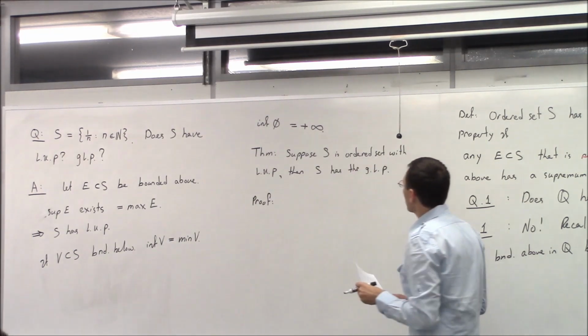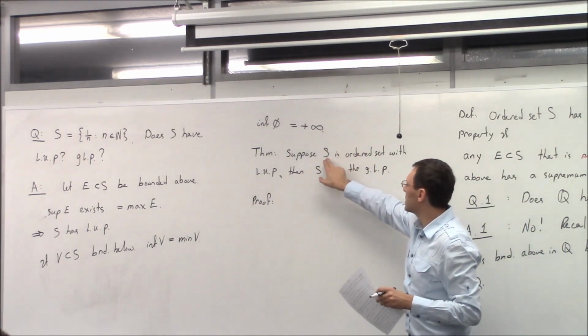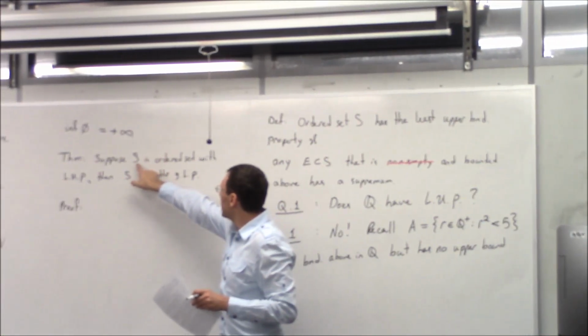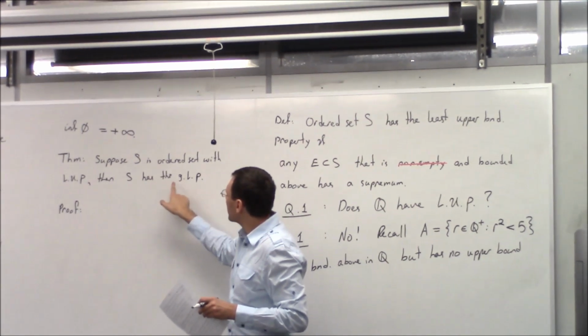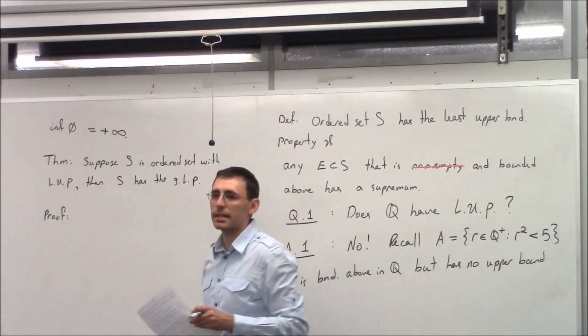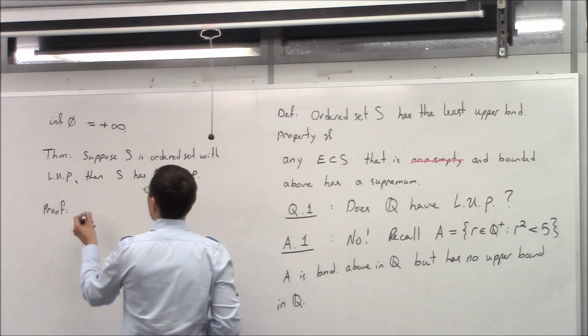Proof. So I'll first make a drawing for the proof. So you understand what we have? We have a set S, whatever that means. It's some abstract set, and it's ordered and it has the least upper bound property. Okay? And I want to show it has the greatest lower bound property. Okay? So what I do is let